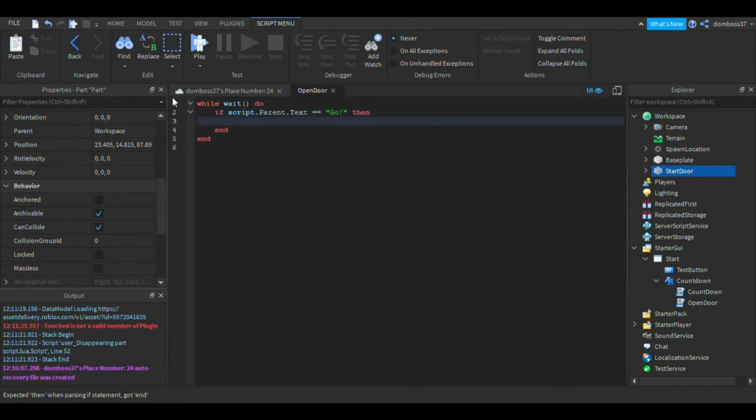then wait 0.01, drop a line, game.workspace.start door:destroy. Actually, here we can't do that because it will probably only destroy it for one person in the game. So inside of replicated storage,